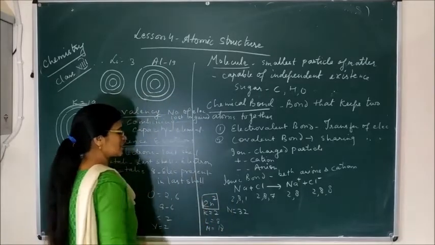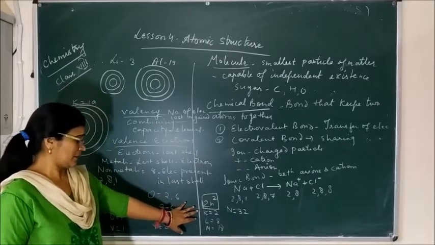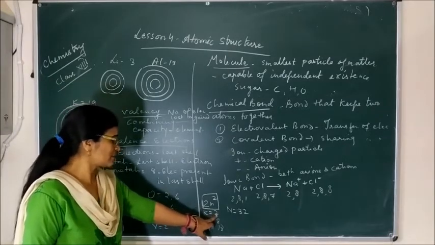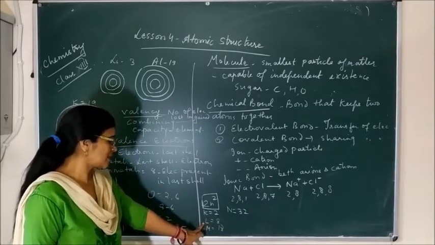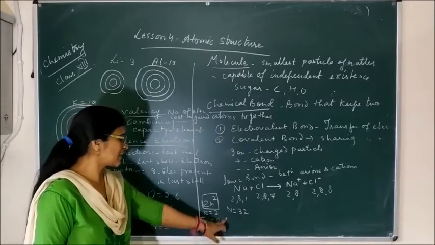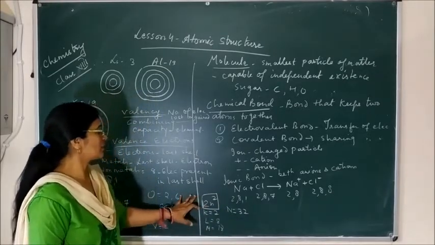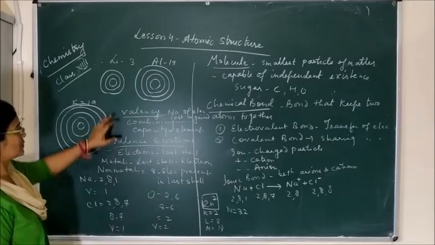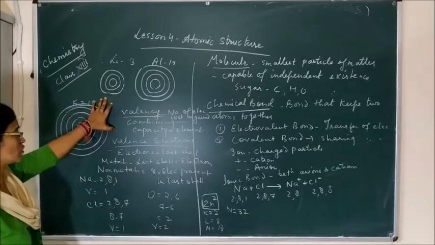This is explained in the Bohr-Bury scheme: first shell 2 electrons, in the second shell 8 electrons, third 18, and fourth 32, and so on. It goes on according to the 2n square. Today I will explain how the structure of the different elements can be drawn according to the Bohr-Bury scheme.